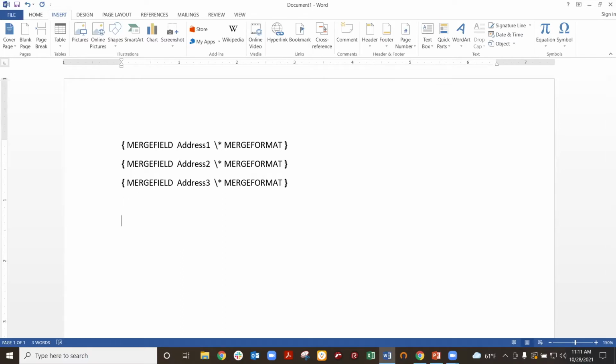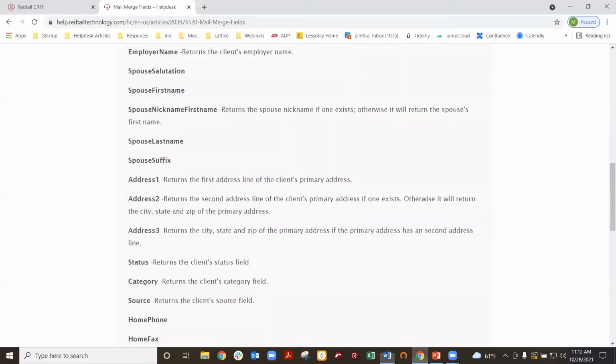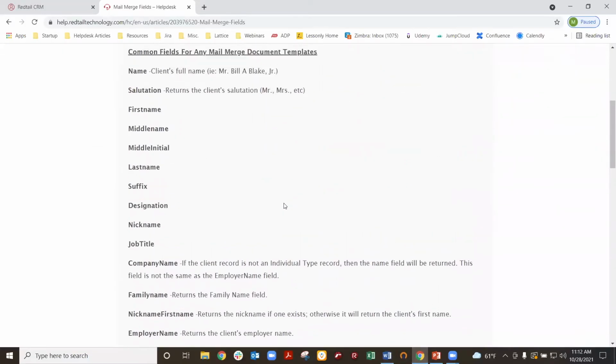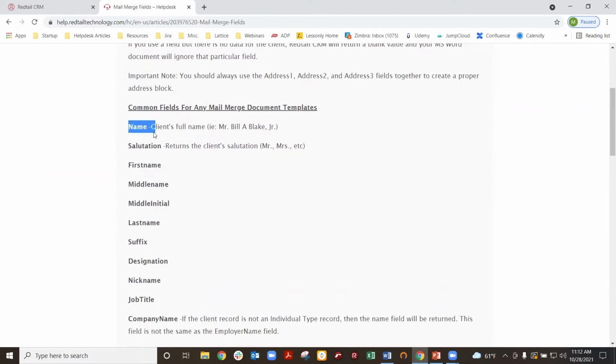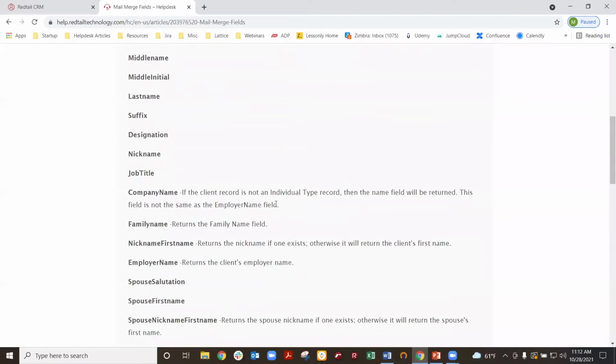Now that we have the address box here, I also want to put the contact's first name and the spouse's first name if there is a spouse. So first I will type out the word dear, because that's going to be in the document, and I'll hit space, and then I will add the contact's first name. So again, going back to our help desk article, if I'm looking at contact names, I have a couple options. I can put their full name, I can put just their first, middle, or last name if I want. I think I want this to be a little more casual, so I'm going to choose nickname first name as